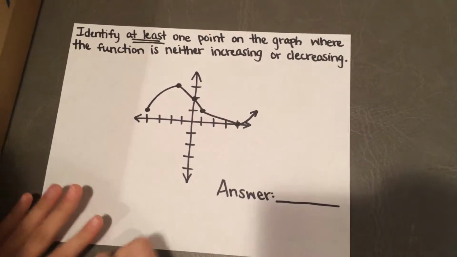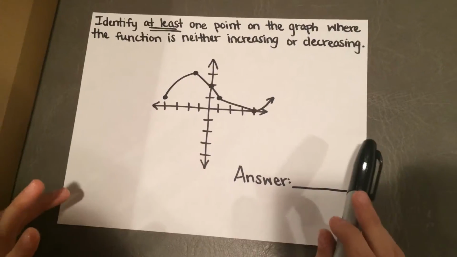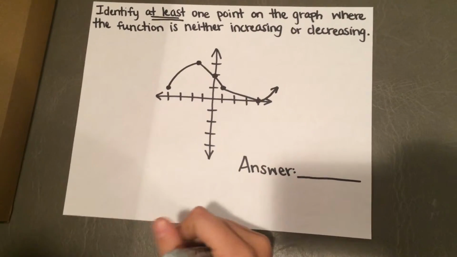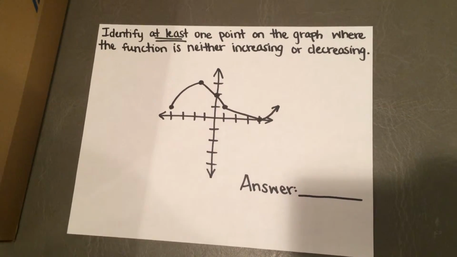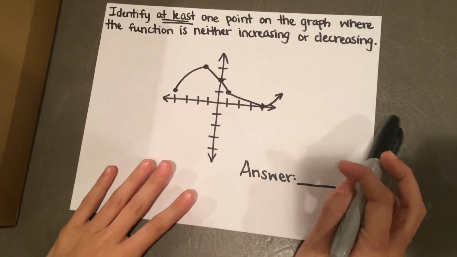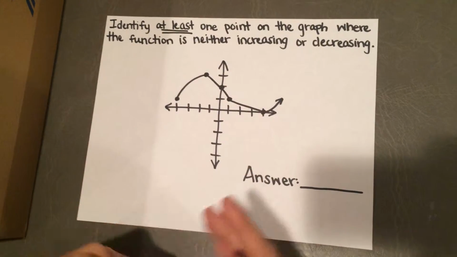Okay, for this question, it's to identify at least one point on the graph where the function is neither increasing or decreasing. And on the original problem that was on the prereq test, I think what I did is I just kind of overlooked the question, and it was one that I just skipped at the beginning because I thought that page was going to be the easier page, and then I came back to it with not a